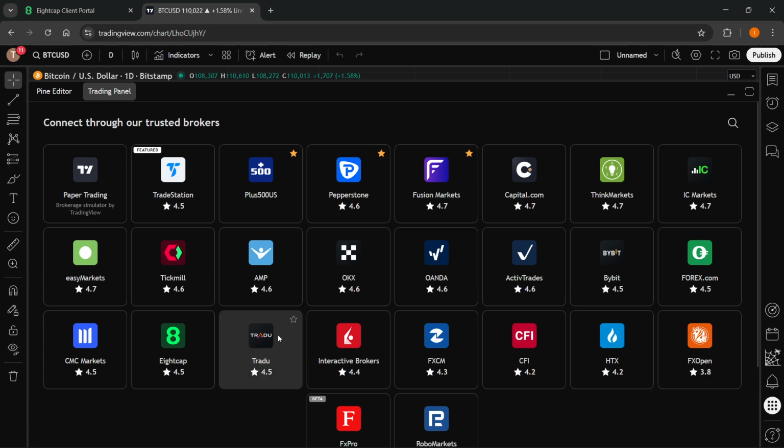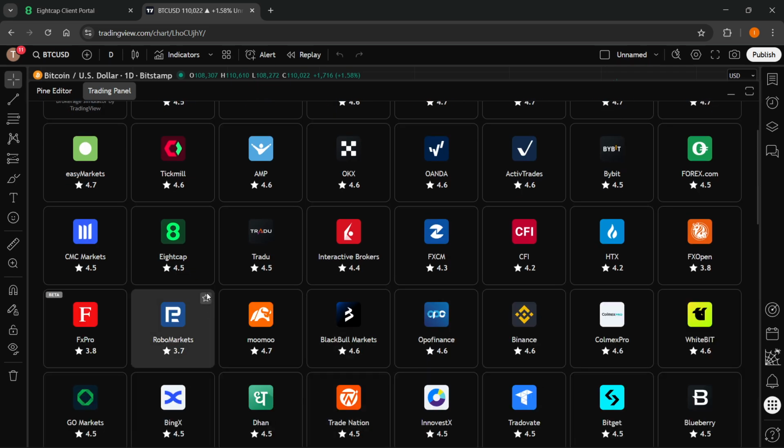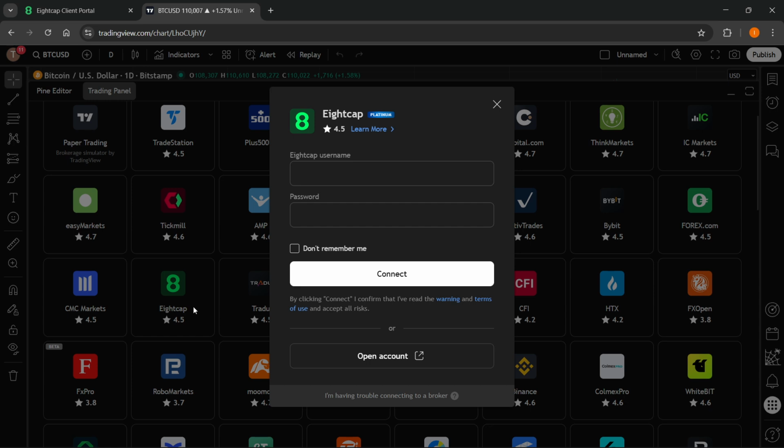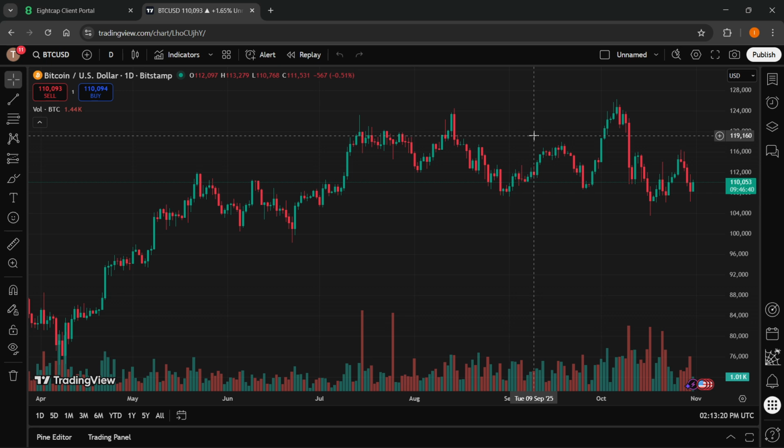And then in here, you want to find Eightcap. So for me, it's up top. If it's not for you as well, click on Show All Brokers and find it. And then click on it, select your username here and just type it in, type in your password, and then click on Connect. And you'll be successfully connected and able to start trading here directly on TradingView. So that's how to trade using